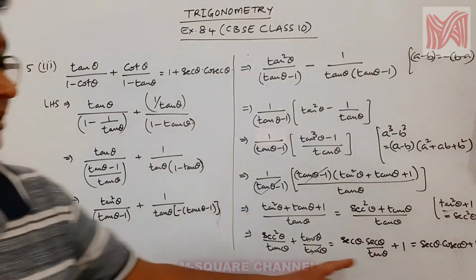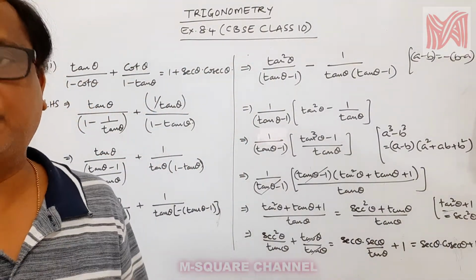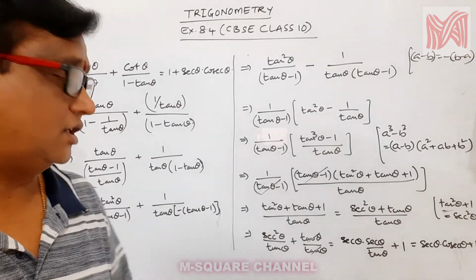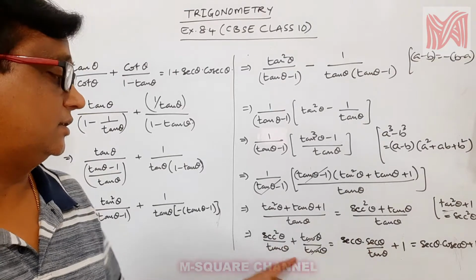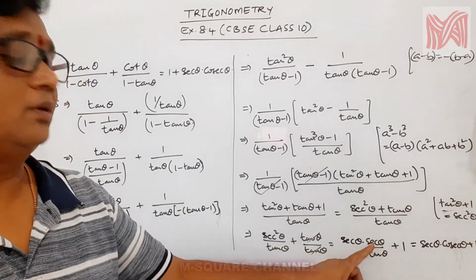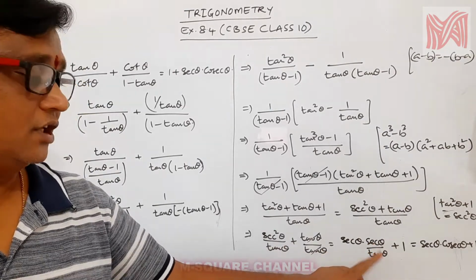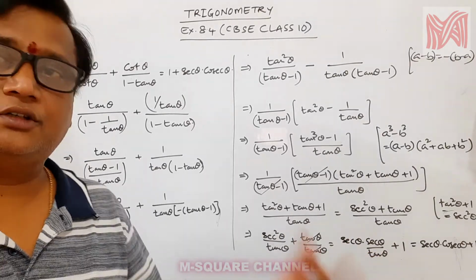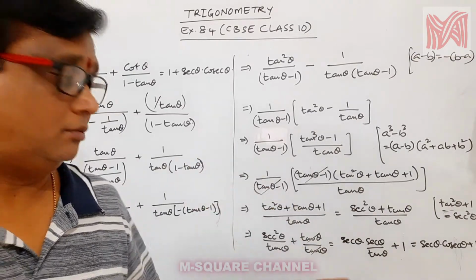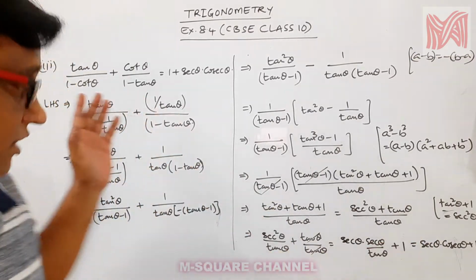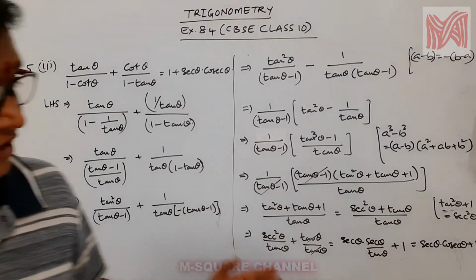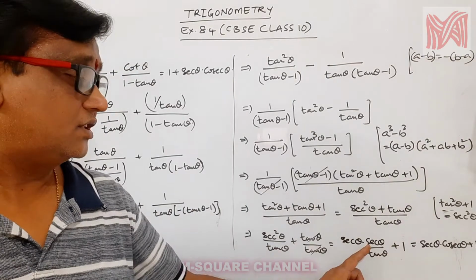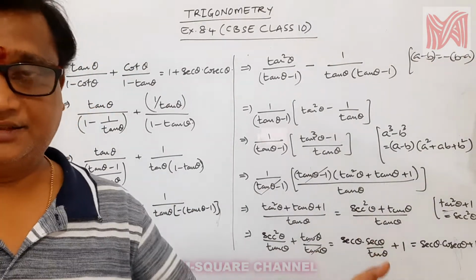So we practice this changing of trigonometric ratios. Otherwise we can't understand how to change. Otherwise we can write like this, secant theta by tan theta means 1 by cos, here sin by cos. Cos will be cancelled, 1 by sin will be there. So 1 by sin means cosecant. You can do it, but you should understand before writing these steps, because it is already lengthy. That's why you understand that secant by tan is cosecant.